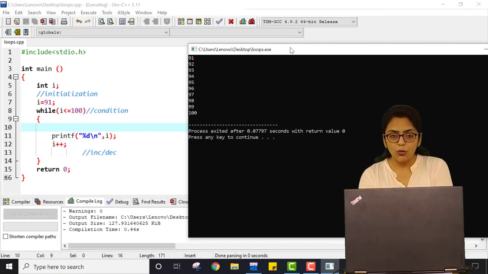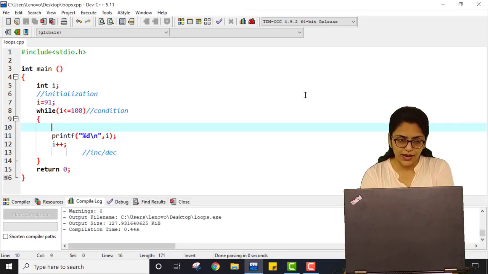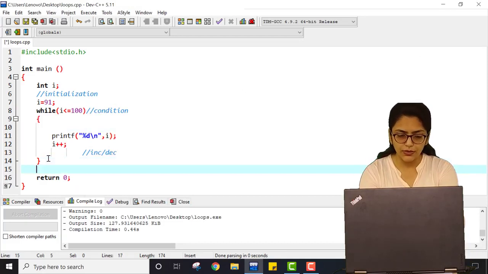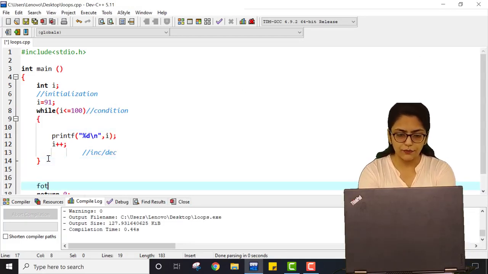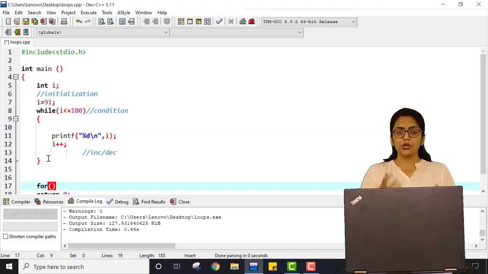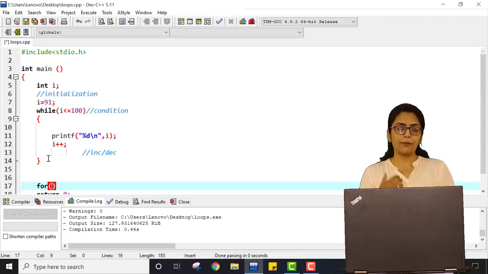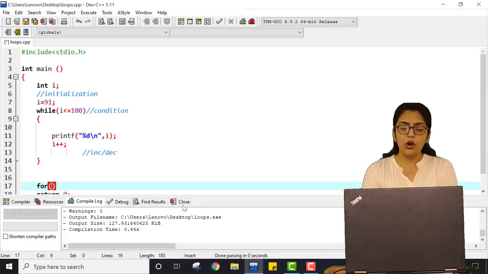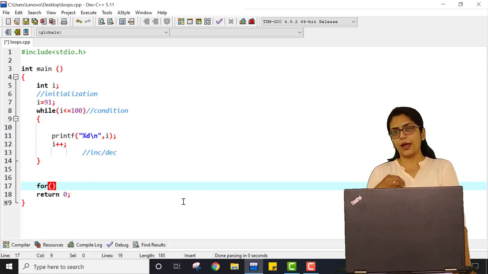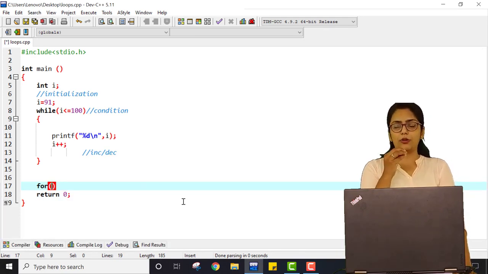Now this can be achieved in a for loop as well. What will you do in the for loop? I am writing similar code inside the for loop. You have already used i, so you can use i again, or you can use some other loop variable. That will not cause an issue as long as you are not using its value. Whatever I am saying, I'll demonstrate with the help of an example throughout the program. But right now, just understand that you can use the loop variable for another loop as well if you don't want the final value of i.